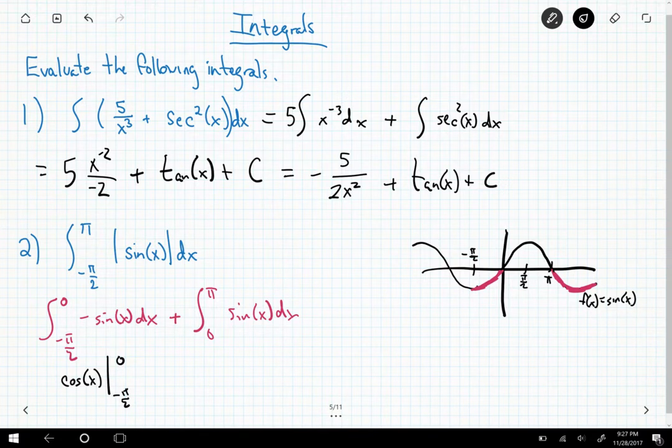And then plus, our second one would be negative cosine of x. Is that the antiderivative? Evaluated from 0 to pi. And so this thing equals,